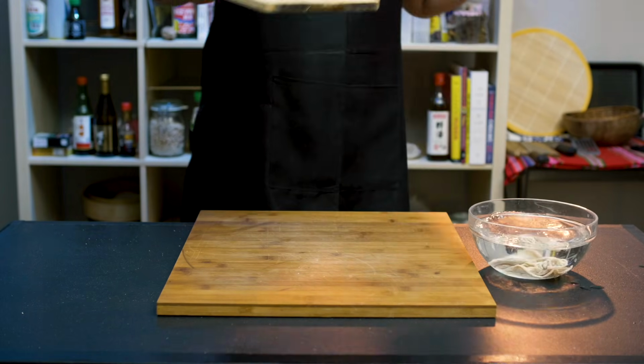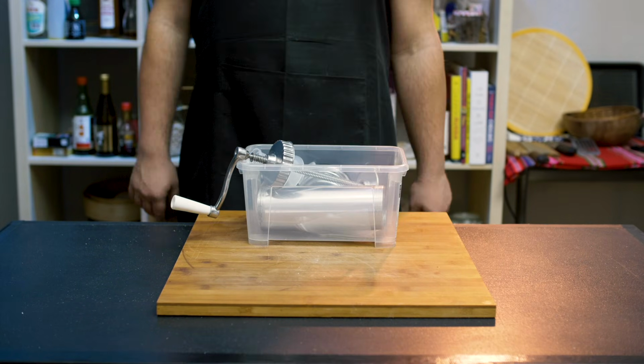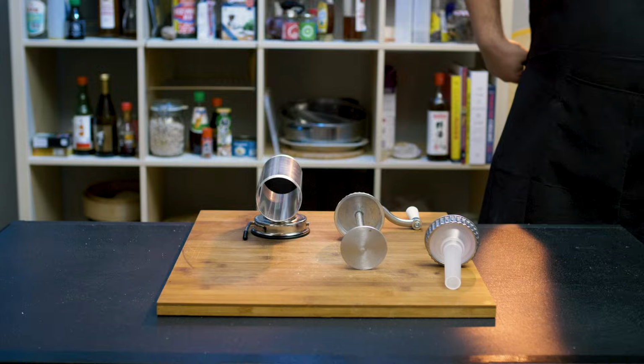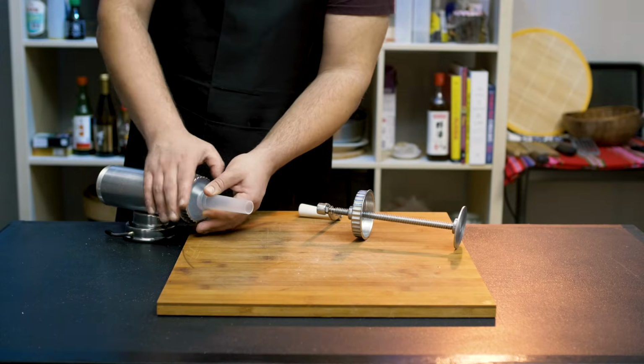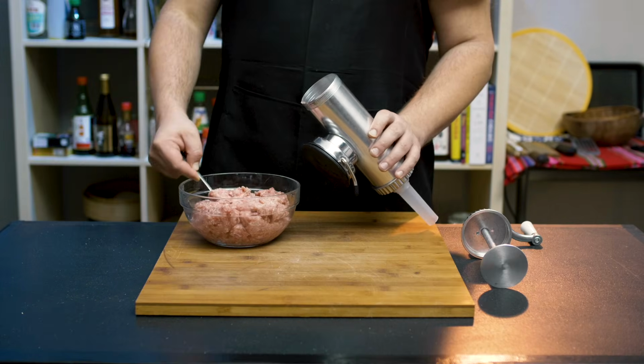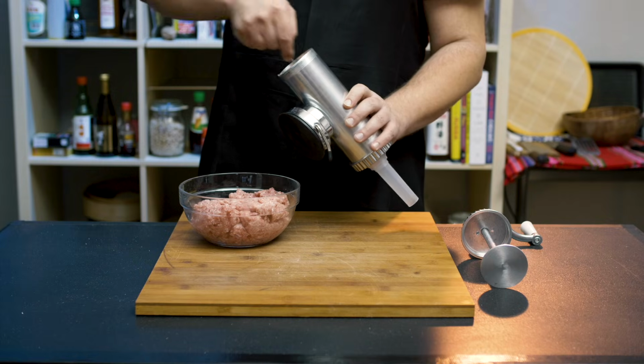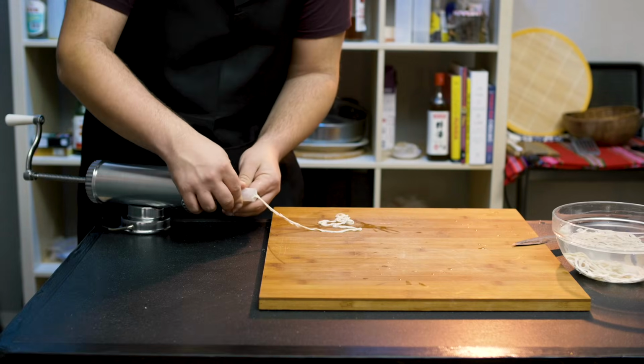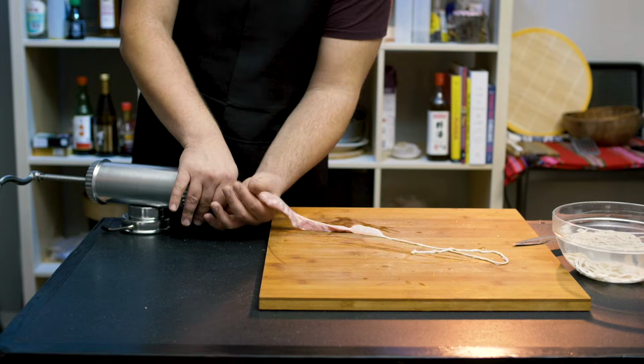In the meantime, meet my ghetto sausage machine. I found this thing on Amazon and it wasn't crazy expensive actually. I'll link it below if you're interested. Like, I know this is not professional grade stuff, but I'm actually pretty surprised how well it works. I mean, come on. Considering I'm pretty much doing this for the first time,